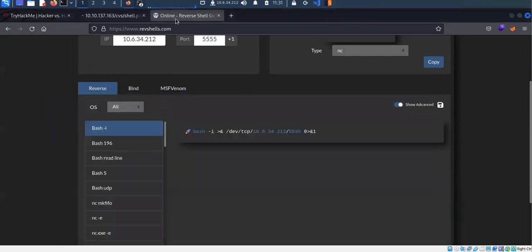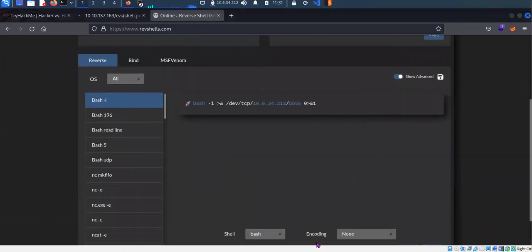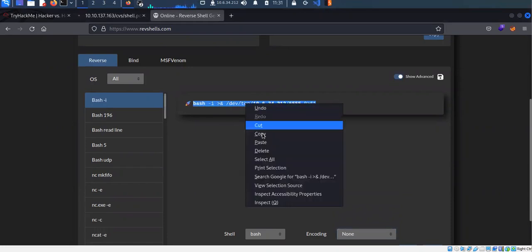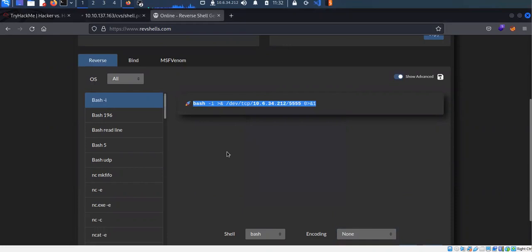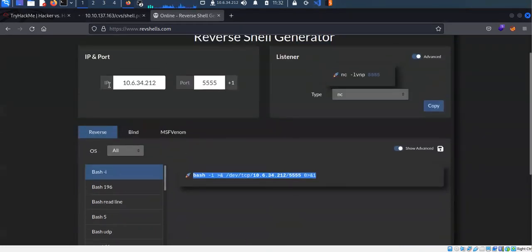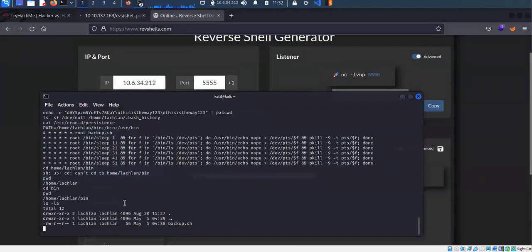On this reverse shell generator, we can use this first one here without any encoding or manipulation. So we can take this and we can execute it in bash. So we can pipe it to bash and then make sure that we have a listener up and running. So this is 10.6.34.12. Okay, that's correct. So let's use port 5555. Okay, so I'll go here. So what I will do is I will echo,